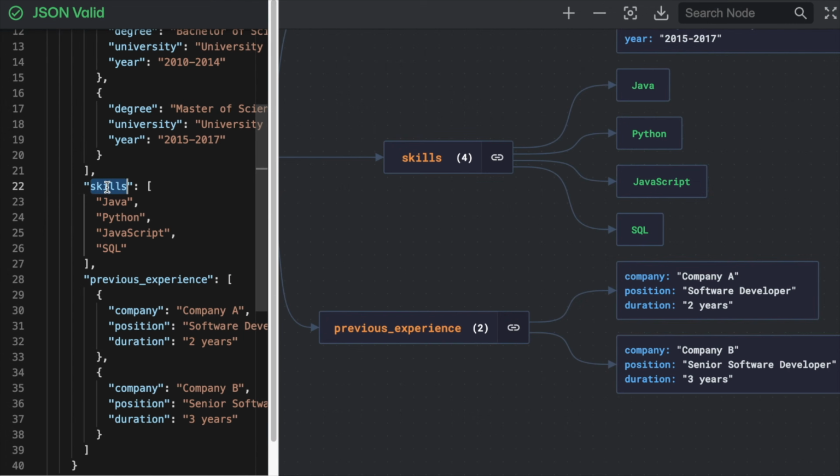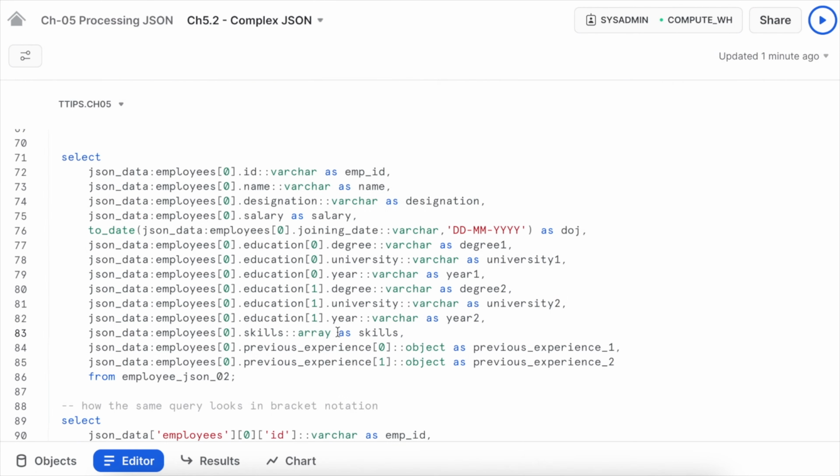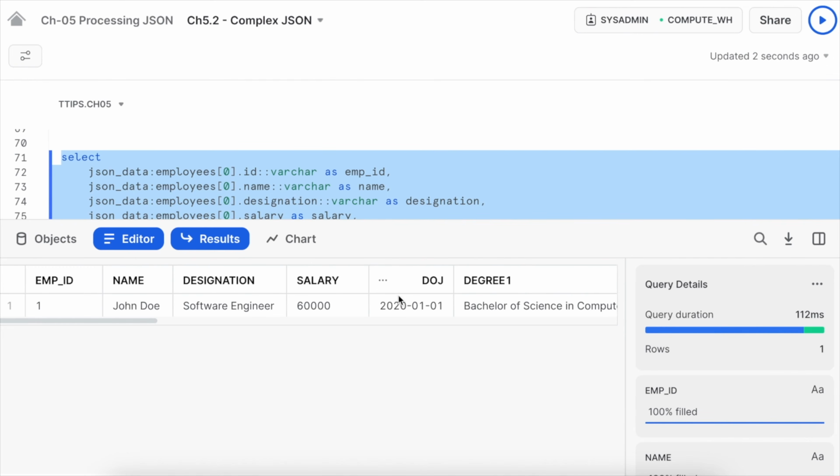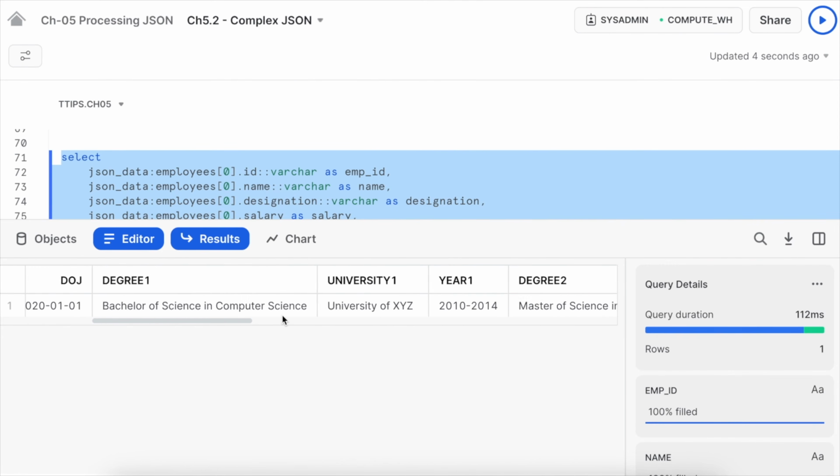Next is my skill, which I'm not converting into a varchar or text. I'm converting directly into an array. And for the previous experience, I am not converting into varchar, I am rather converting into an object. Okay, so this is how you can use different data types to convert as per your need. Let me run this query. So I got all the results,